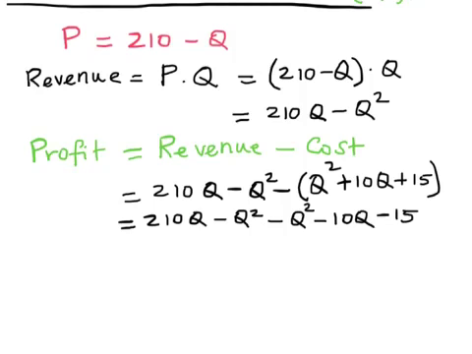If we try to simplify that a little more, we will have 210Q, and there's another minus 10Q. So together we will have 200Q, and then we have negative Q square, negative Q square. Put together it will be negative 2Q square